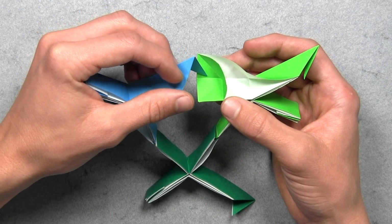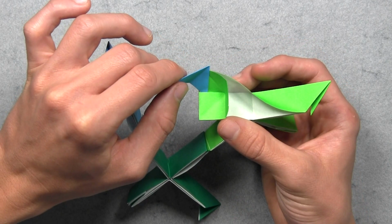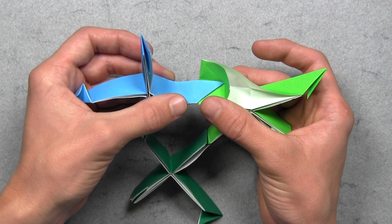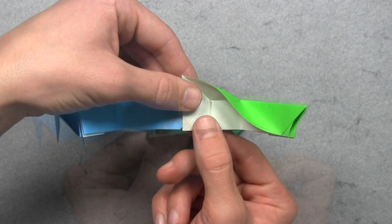So you carefully want to insert the triangular flap inside of that pocket just like we did before. You want to push the flap inside just like this until both units are completely aligned. Then you can fold the first unit down along an existing crease. And from here you just want to push down this white layer on top, and you can flatten it out